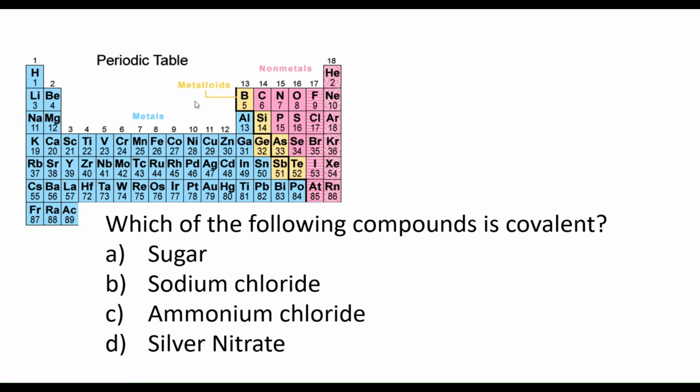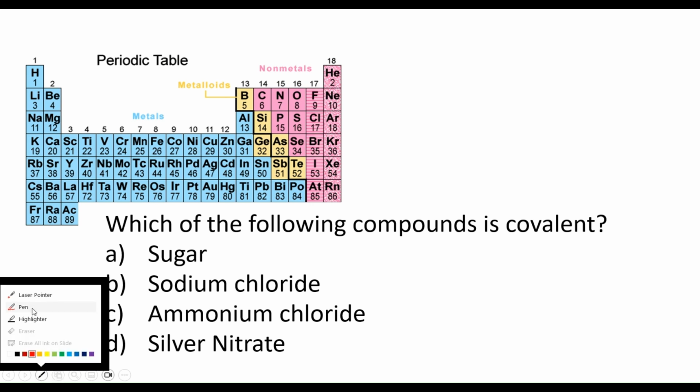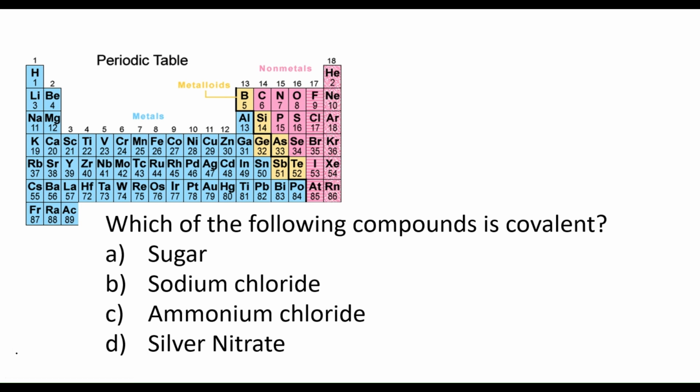Which of the compounds is covalent? For a covalent compound, all the elements should come from the non-metal family, as we have discussed earlier. Let's look at each of these compounds and see which one is which. Sugar has a general formula, so we need to put them in their formulas. The simplest formula for sugar is the glucose molecule,